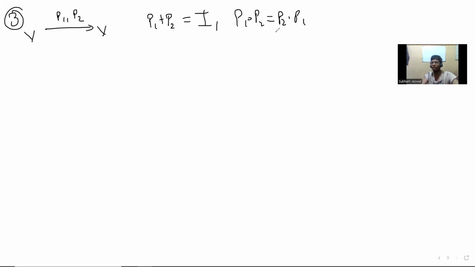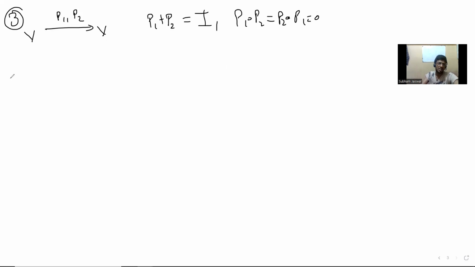Okay. So what is it? It's just a bunch of conditions. So this P1 and P2 are again, now we had one map earlier, now we have two maps. Basically together, P1 and P2 give you the whole space, and they are kind of orthogonal to each other in the sense that this is 0. So not in the sense that they commute, but the main thing is that their composition is 0. So you go by one, and then when you go by the other, it's 0. That's really the key in splitting a space in that way.